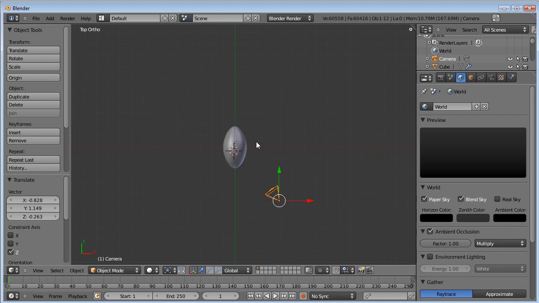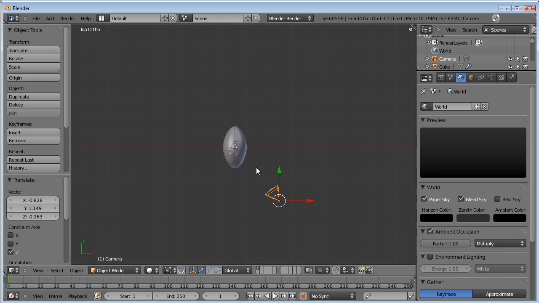Now I'm going to light this. There are several different avenues of thought as far as lighting is concerned. A lot of people swear by using spot lamps. Others use area lamps. There's a million different approaches. I highly recommend looking up photography and lighting for photography, and study that for a while, because all of the theories on lighting in photography are the same as in 3D. So study that, and you'll have a good background